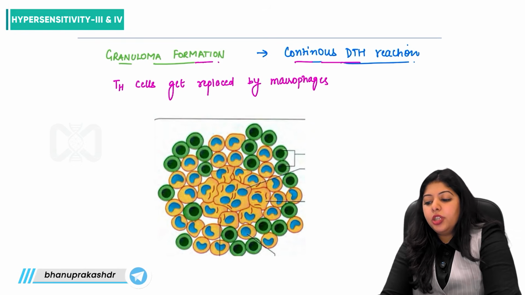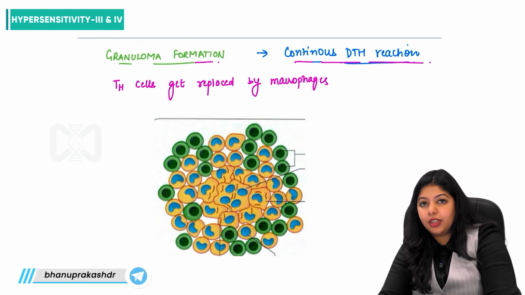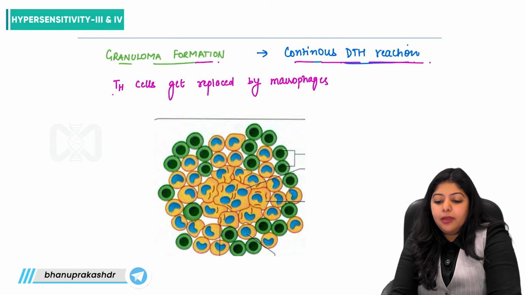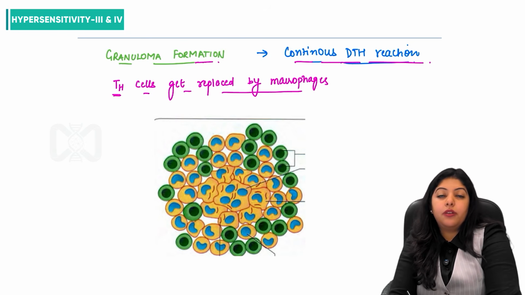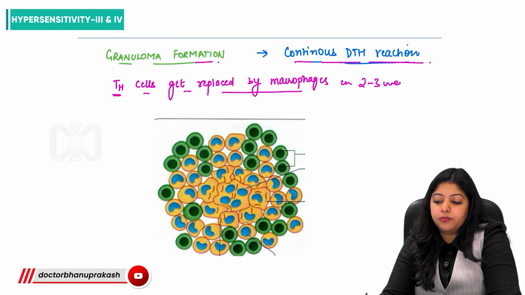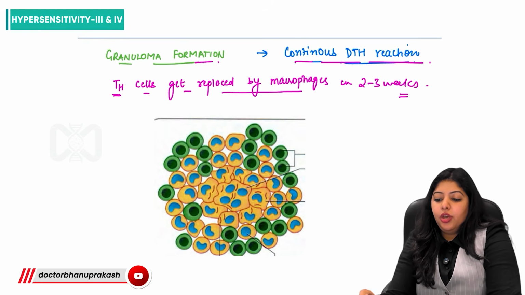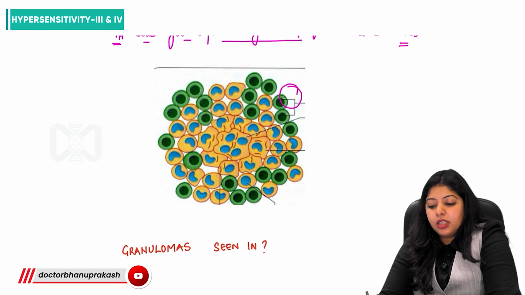There is a continuous delayed type of hypersensitivity reaction which is occurring, right? So with time, these TH cells get replaced by macrophages in around 2 to 3 weeks, right? So there is excessive proliferation of these T cells,